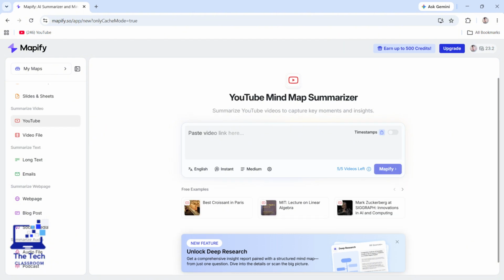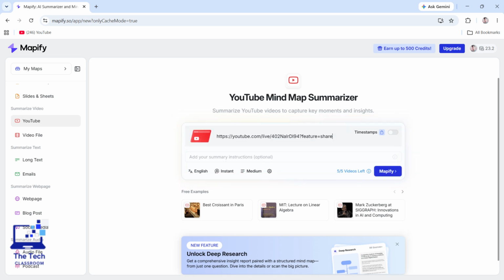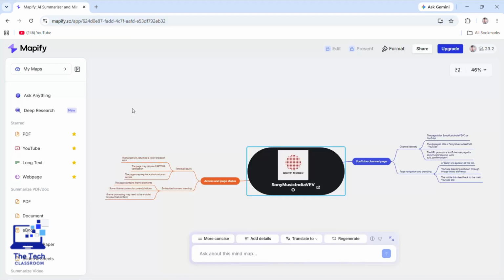Then copy the link of the YouTube video you want to summarize and paste it into the input box. After pasting the link, click the Generate button or Mapify button. Mapify AI will analyze the video's content and automatically create structured notes and a visual mind map with the main